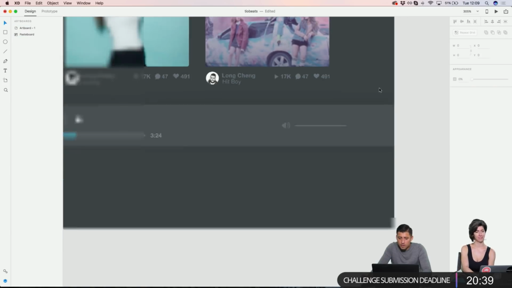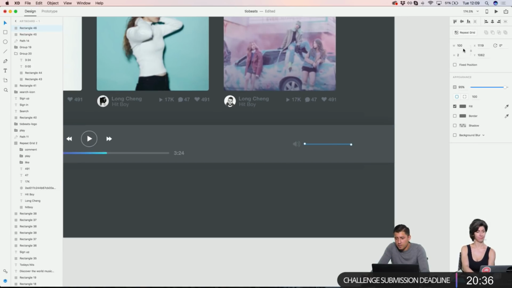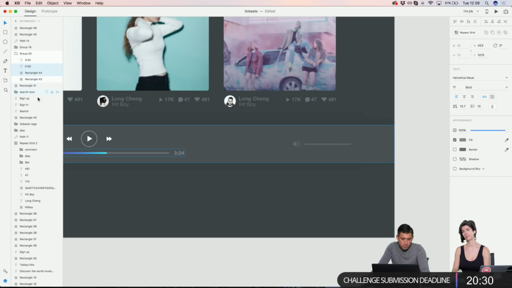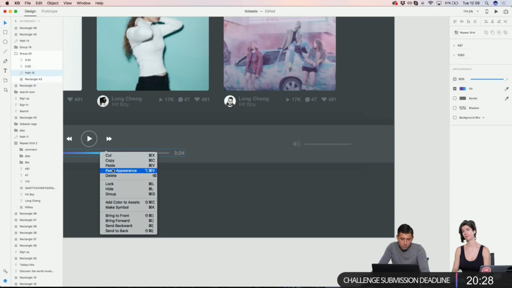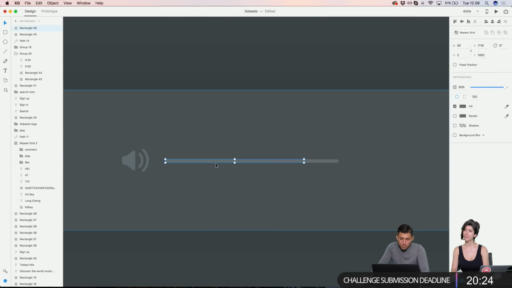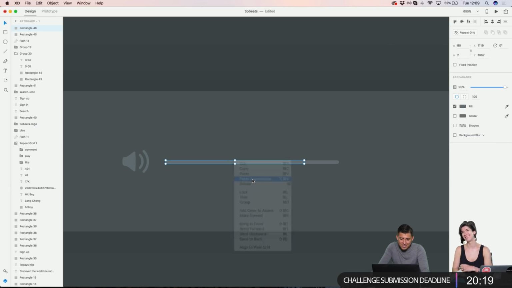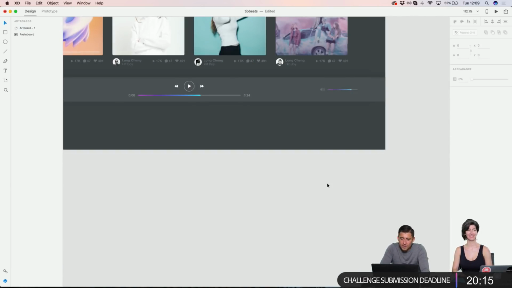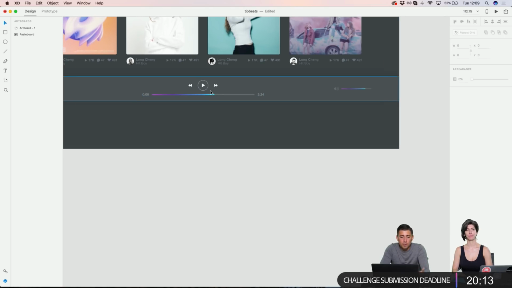So there's that, and then I can just copy and paste, bring down the width. So we're going to copy the gradient again. Just paste appearance. Oh, whoops, we have the bar selected. There we go. Perfect. Okay, so now we have the volume, our play,